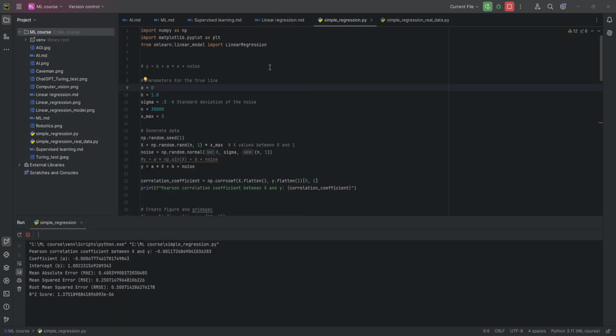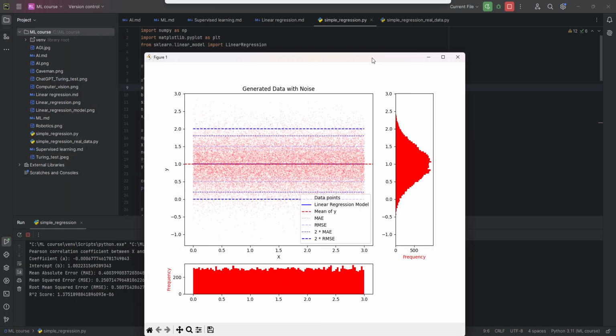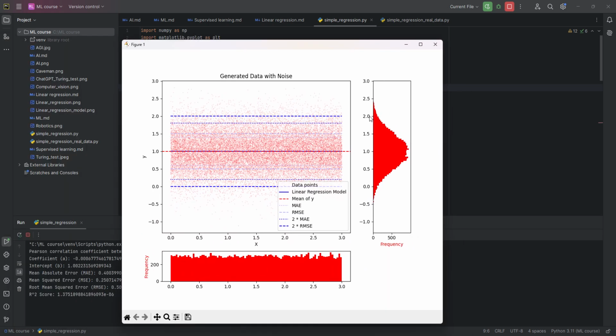Just the last thing to see here is to make our model and our data distributed horizontally. So we make our coefficient for data generation 0, and this will make our line, our model, and everything horizontal, and we're gonna get to a figure like this. As I said, the X distribution is uniform, but now the line is just horizontal,